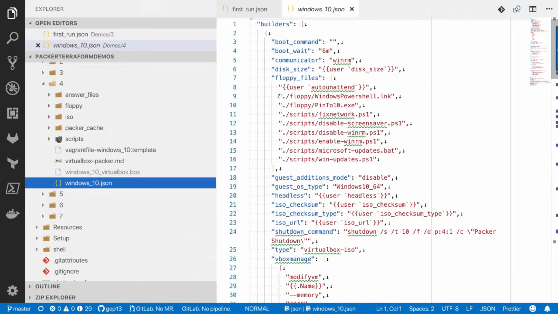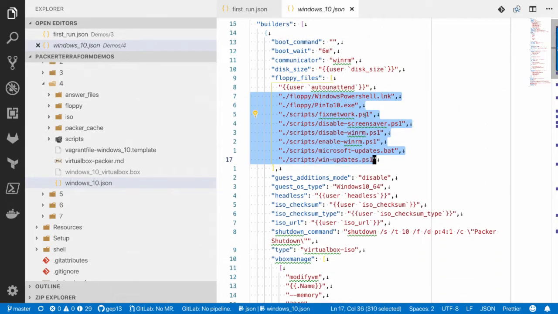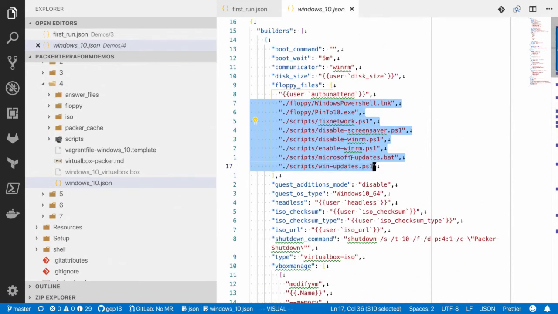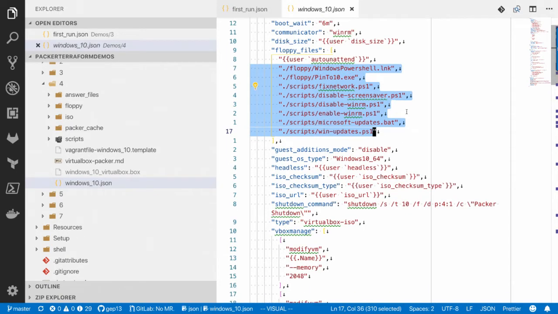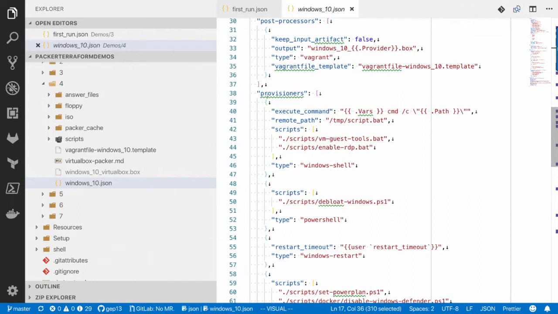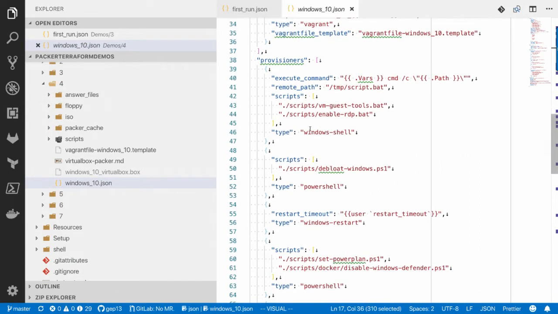So up here, we've got things like disable screensaver, disable WinRM, enable WinRM, run Microsoft updates, run Windows updates. Those are all the things that would happen as the actual machine ISO is booting, okay? Now, the reason that you would want to do that, we'll go into in a bit. But further down here, we've got a bunch of provisioners that are doing other things, like enabling RDP,